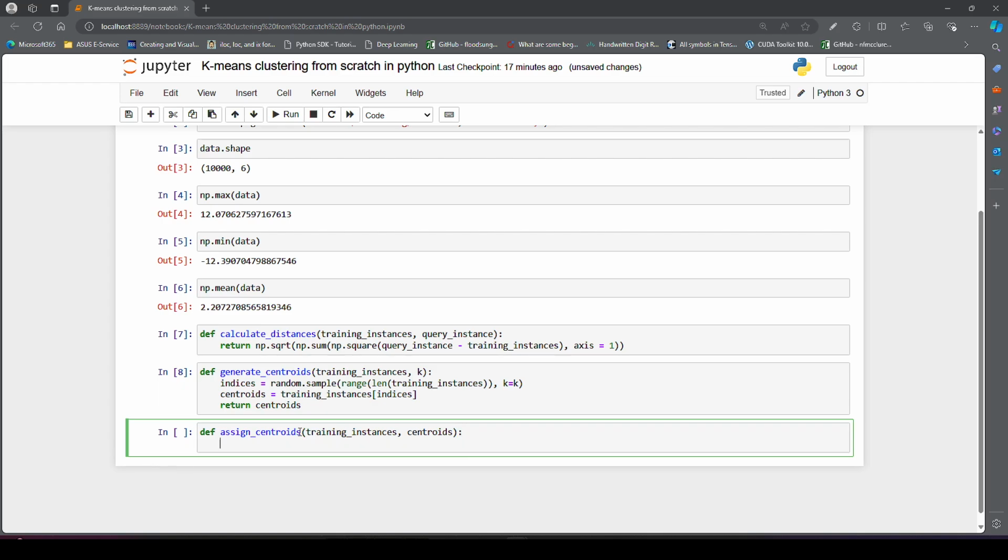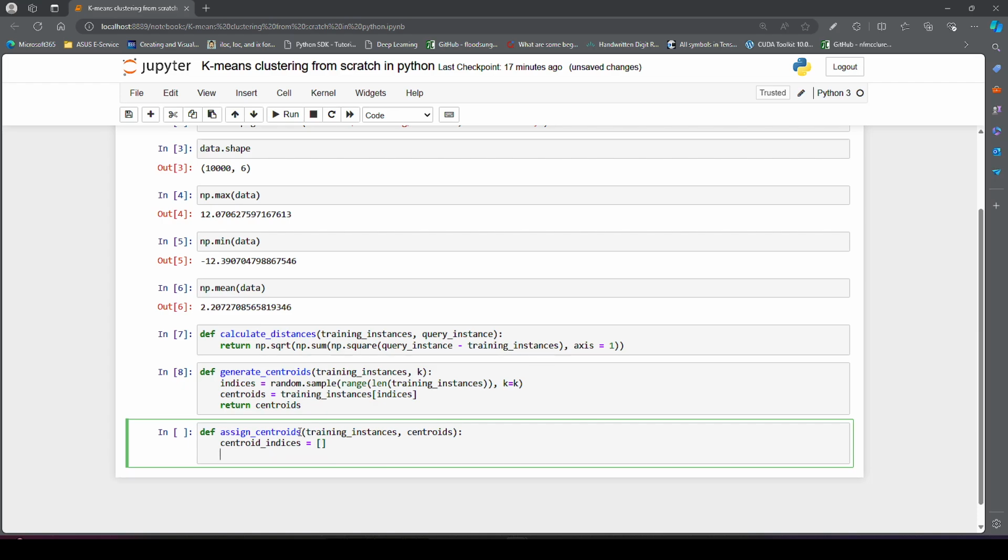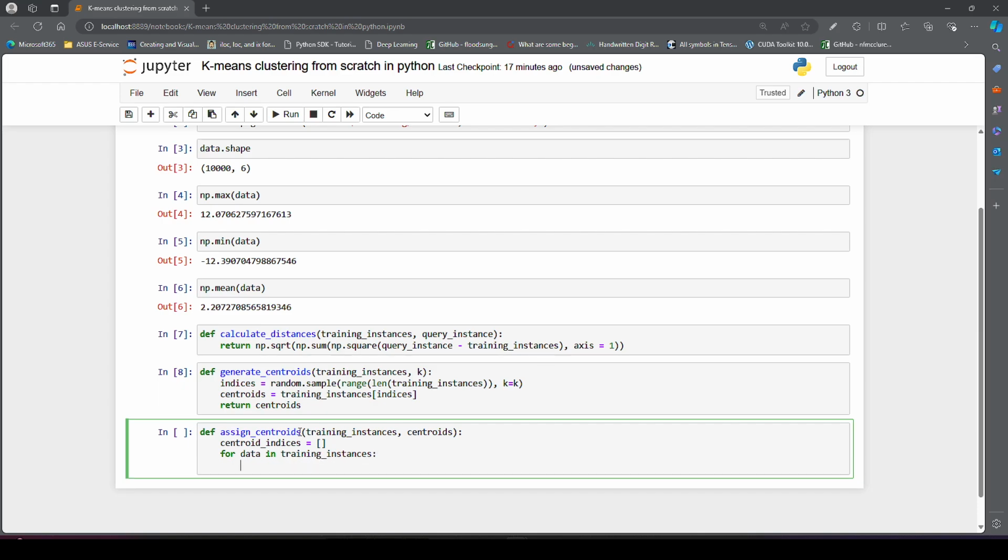So these two will be my input. Then I will say centroid indices is equal to, it will be a list. Then I will loop over the entire training instances. So for data in training instances,